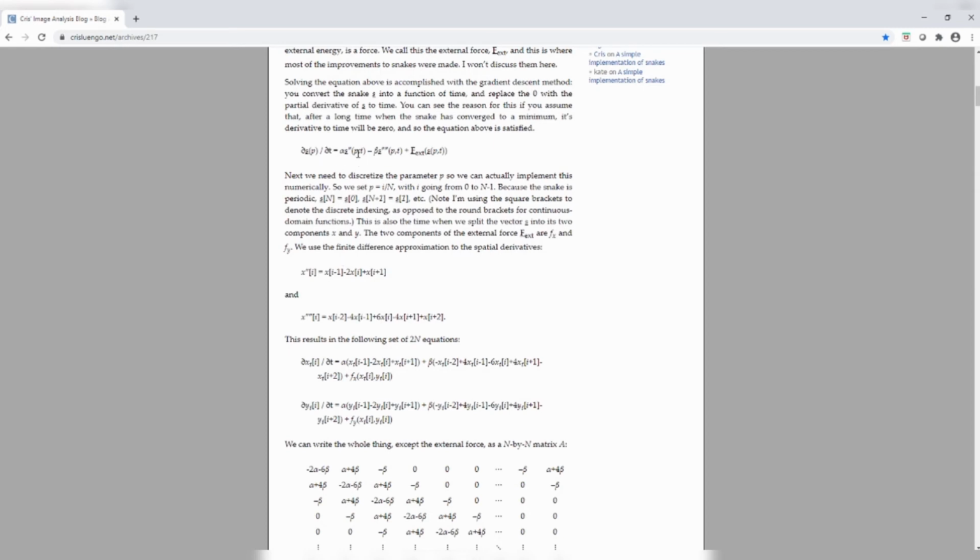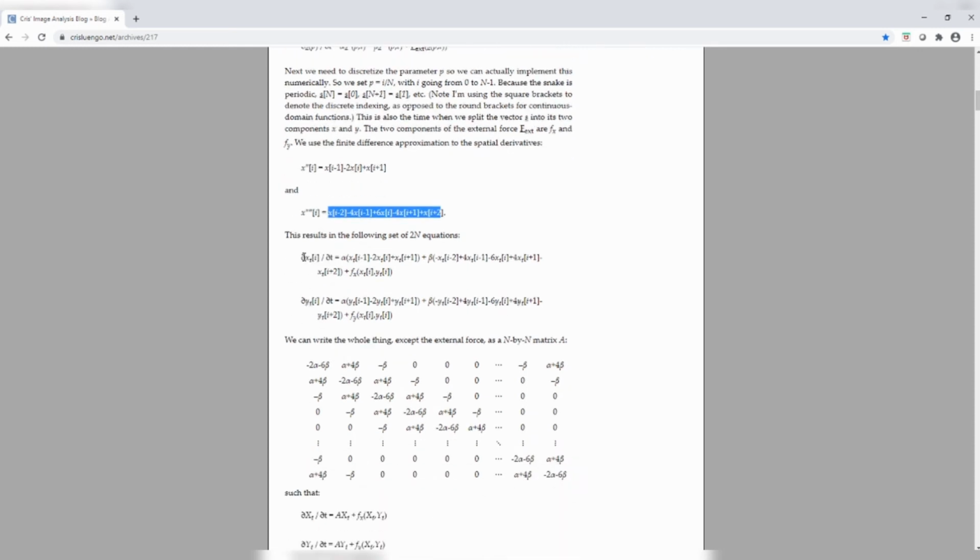Of course this P or S in our term has an x coordinate and a y coordinate, right? And the first order derivative of x is nothing but this, and second order derivative of x is nothing but this, and similarly you have for the y coordinate also. And then the evolution over time. Okay, so dx of i by del t is something like this. So this is the alpha term, which is the first order derivative. This is the beta term, which is the second order derivative, right? And similarly for y you have the same.